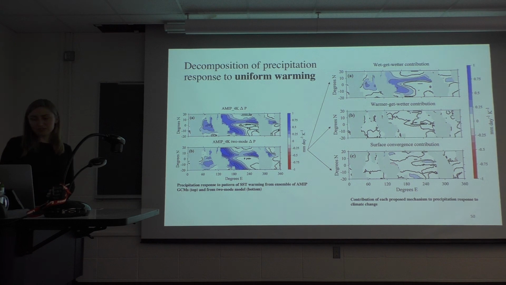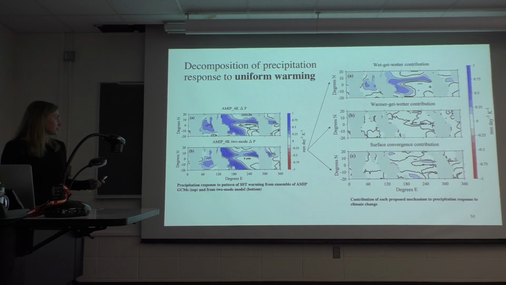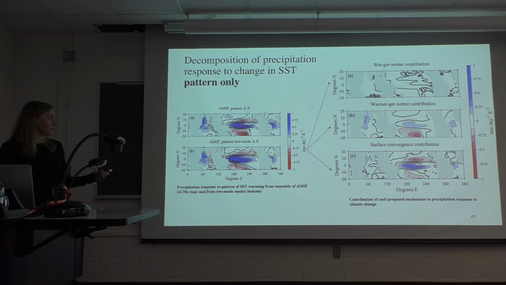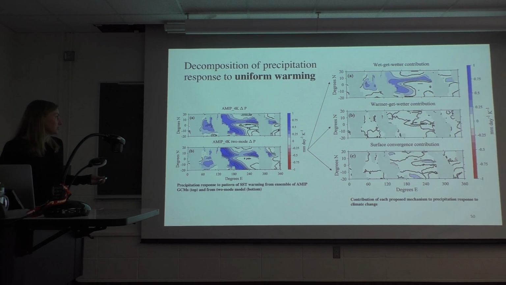And actually, it's kind of interesting, I'm just going to scroll back to the previous one. I think these are pretty interesting because they're both really big changes, like the precip is responding both the mean and the pattern change, just in very different ways. And we can explain that using the two-mode model because now it's the wet-get-wetter contribution that's mostly contributing to this precip response. And the warmer get wetter contribution has to be zero because